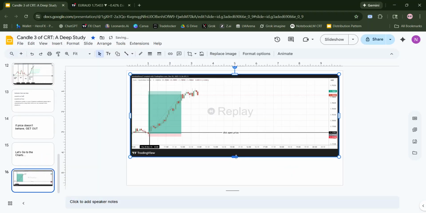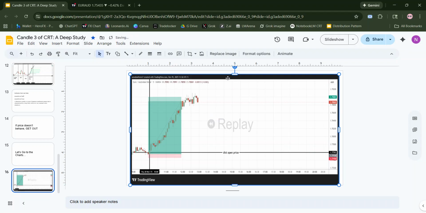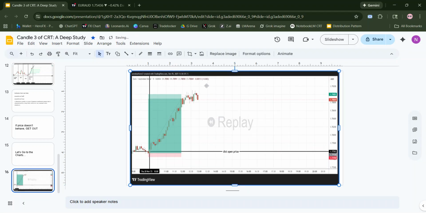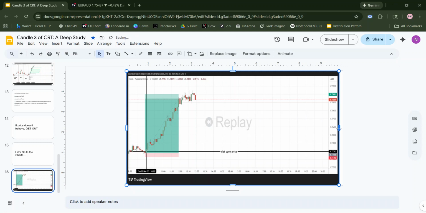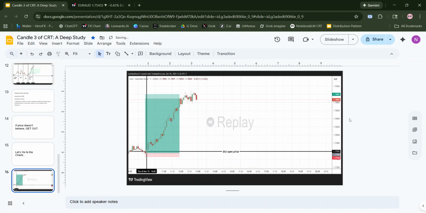I paste it, and then I do all my typing in Google Slides so that I can amend the typing if I need to. I used to type directly on TradingView, but I stopped that because once you type it and then take the picture, you can't change the text. So I would just type in something like,